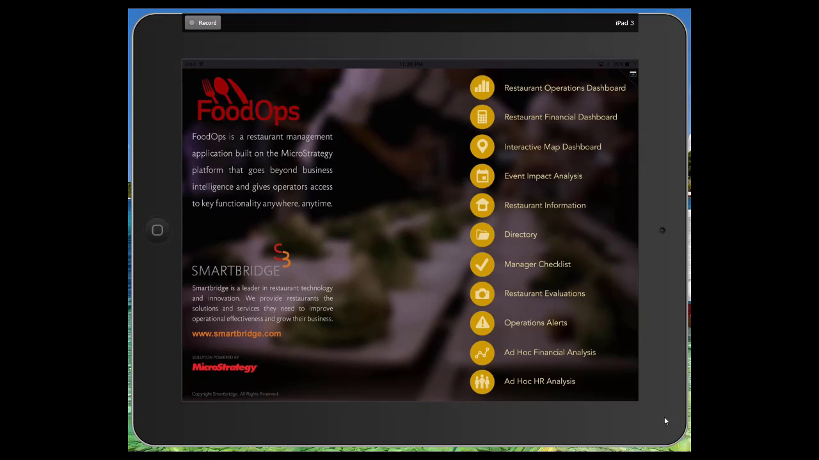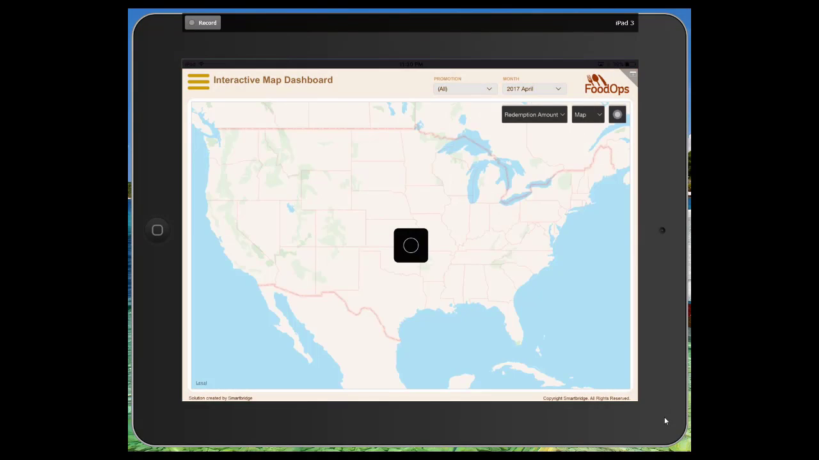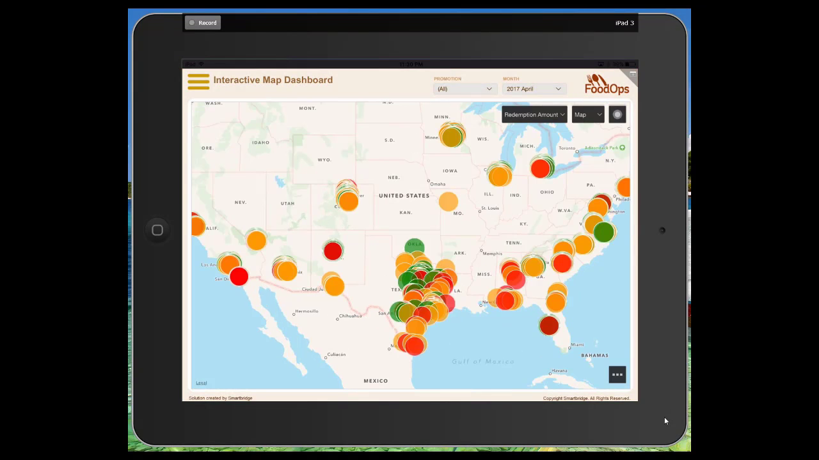Let's look at some of the mapping capabilities in FoodOps. I'm going to go into Interactive Map Dashboard. This is a marketing promotions dashboard which plots a bubble graph overlapped on the map to represent various promotions, could be an LTO or other kind of promotions run for a period of time. And each of the bubbles